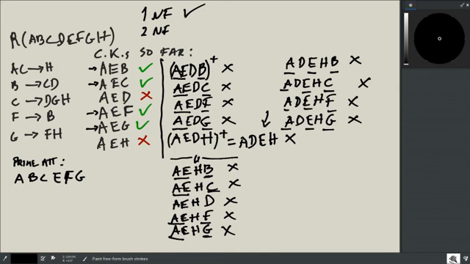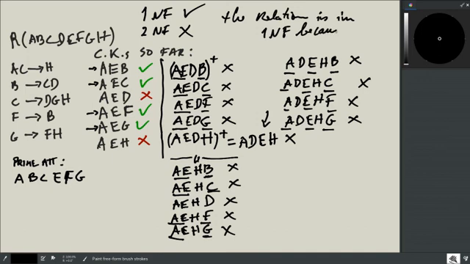I could also try this one from C by using just C, part of the candidate key. Can I find any other attributes? Let's see. C, yes I can. So I just need C to find other attributes. So I'm using part of a composite key to find other attributes. So there's a violation here. It means that the relation is in the first normal form